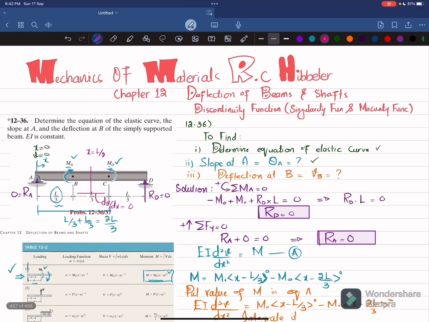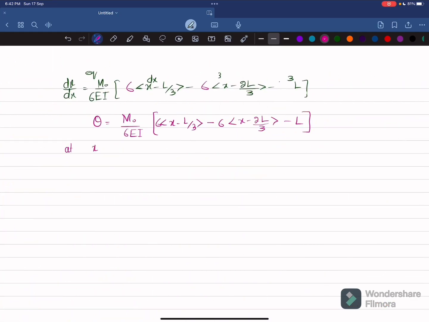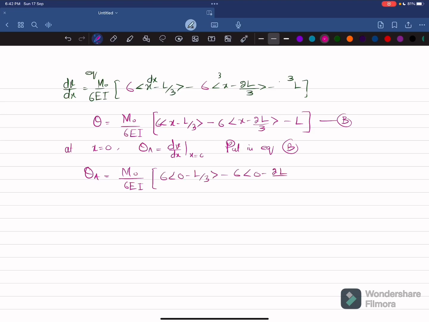Now we have to find the slope at point A. So here at x is equal to 0, we have slope will be equal to theta A. So at x is equal to 0, we have slope is equal to theta A, dv over dx at x is equal to 0. So put the value of x in equation B. So what we will get is theta A will be equal to m naught over 6 ei into 6 minus x is 0 minus L by 3 minus 6 into 0 minus 2L by 3 minus